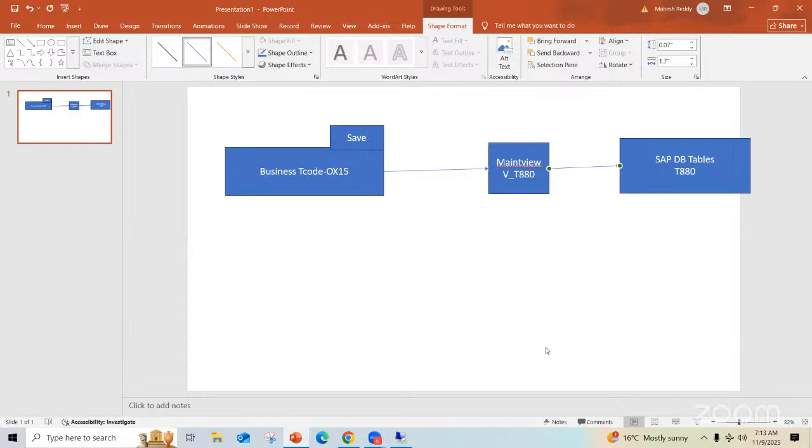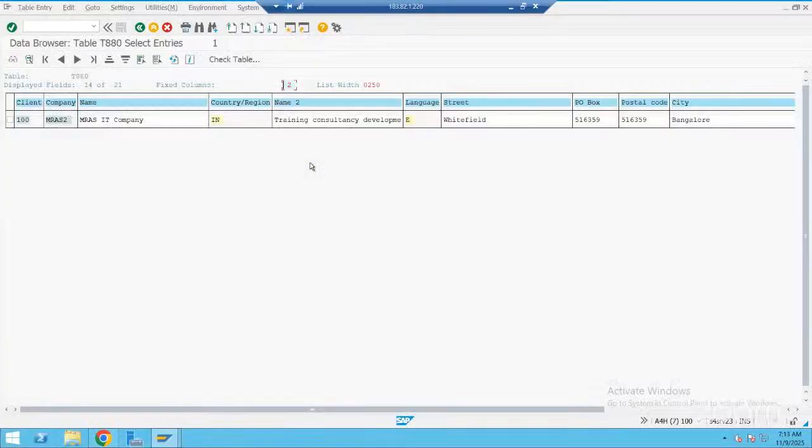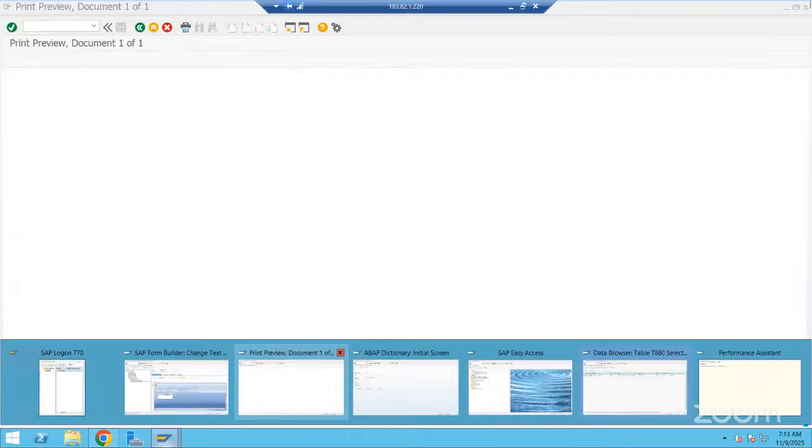Now what I will do is change the company information as well. I'll change the address maybe. How to change? Again, go to OX15 only.